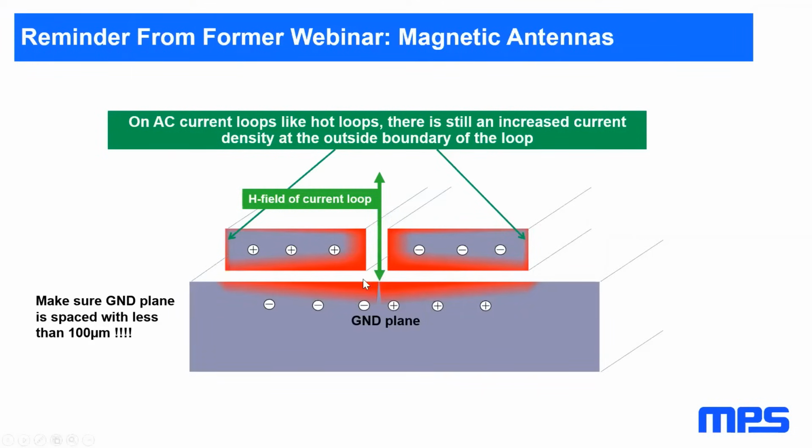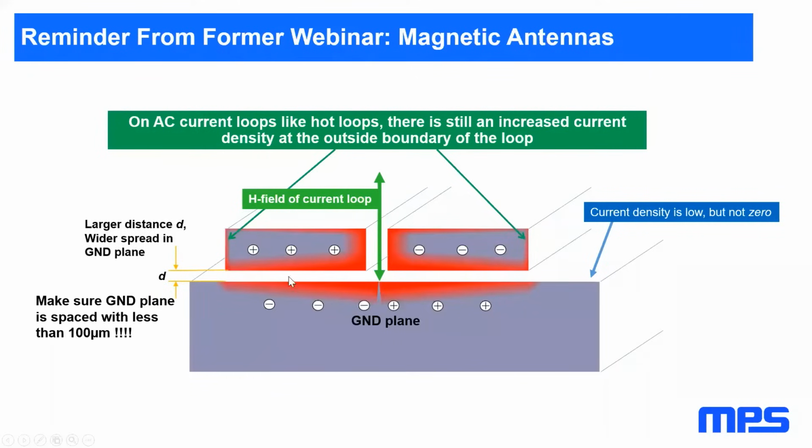This introduces eddy currents in the metal of the ground plane. The eddy currents form a magnetic field that is oppositely oriented to the original field, which is good. The current density is highest in the center under the hot loop, but at the edges of our conducting material it's not zero. So there are remaining currents.